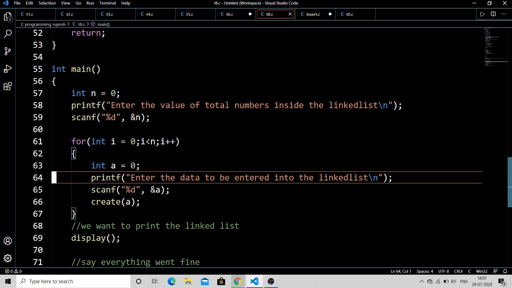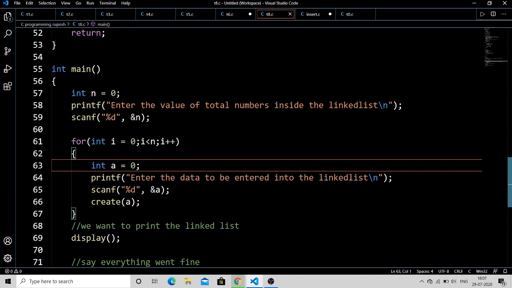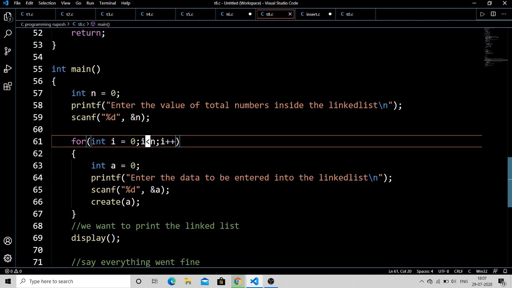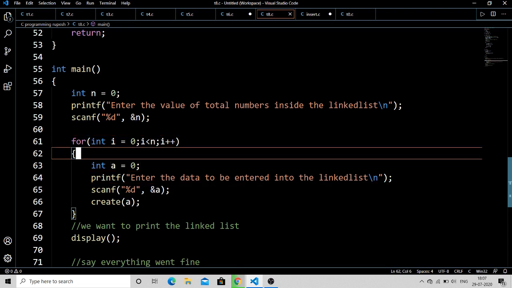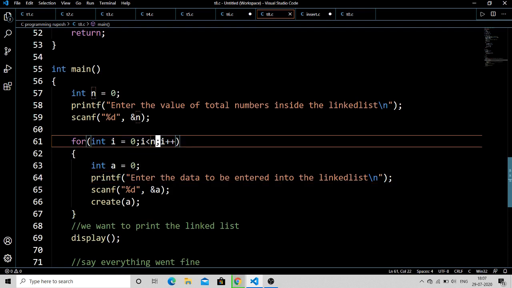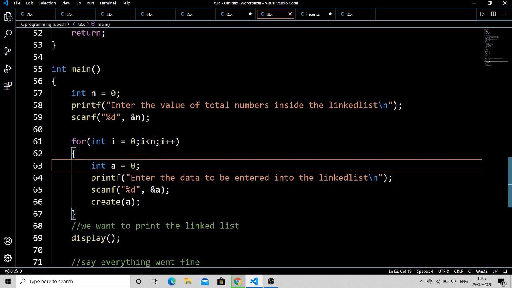Okay, so when i is 0 I came inside the for loop. Before that, let's see that the condition here is that i should be less than n. That means this for loop is going to run n times, because we are going to add nodes into the linked list n times. Then only we will be able to declare n nodes, add those n nodes into the linked list, and hence finally get the required linked list. Let's see what happens in each iteration.